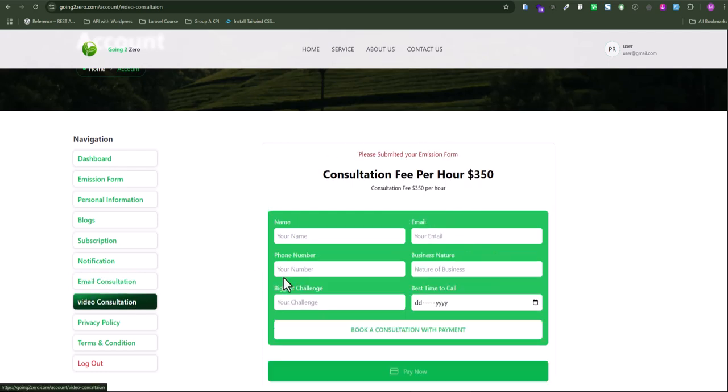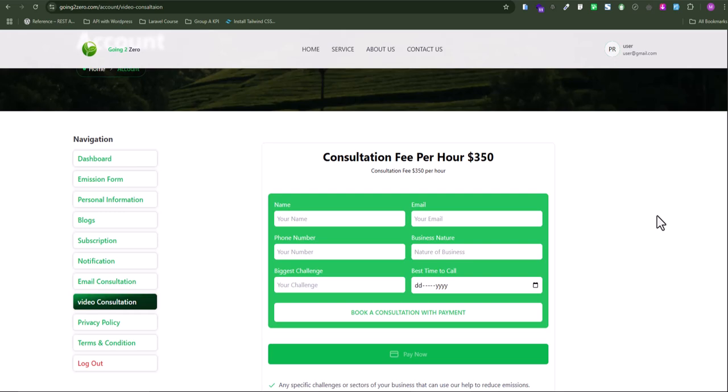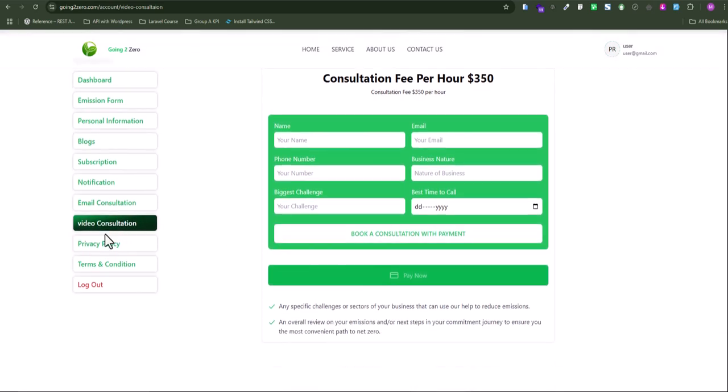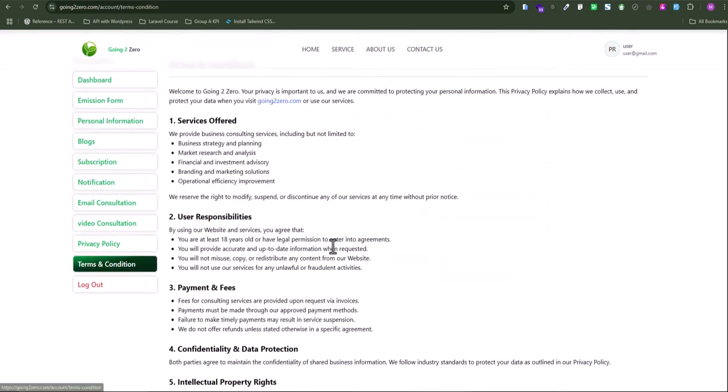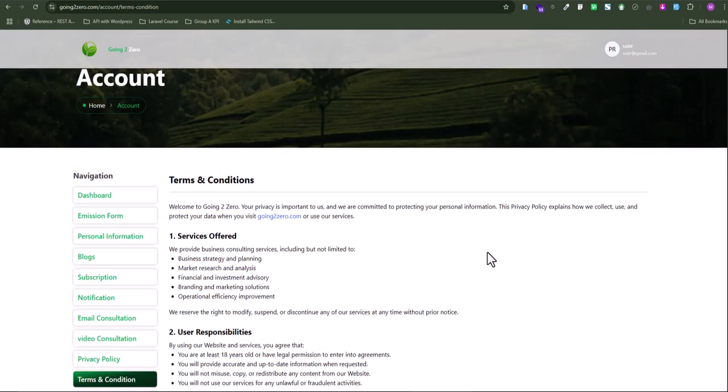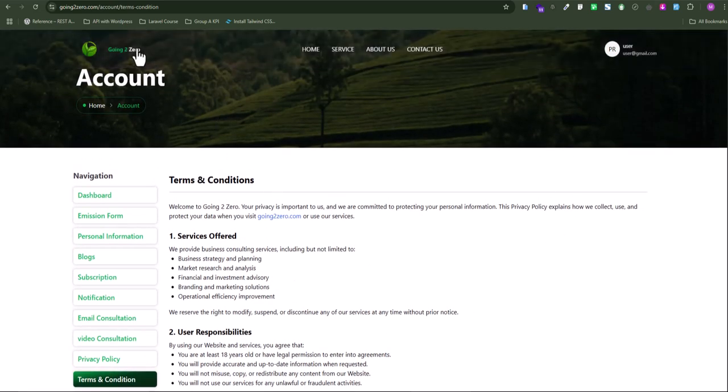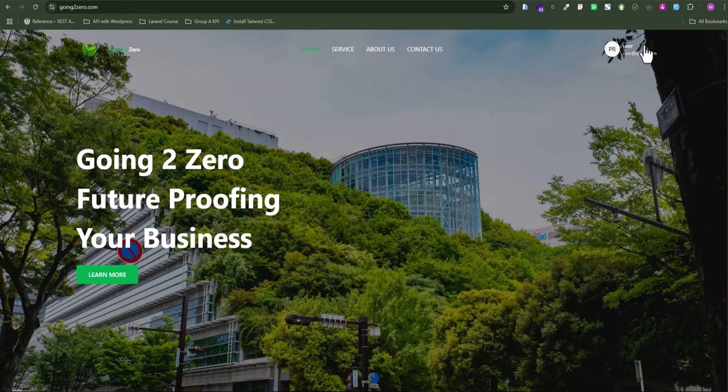And here is the video consultation. This consultation is paid. And here is the basic information, privacy policy, and terms and conditions. So this is the basics of the user interface. Now we will go to the